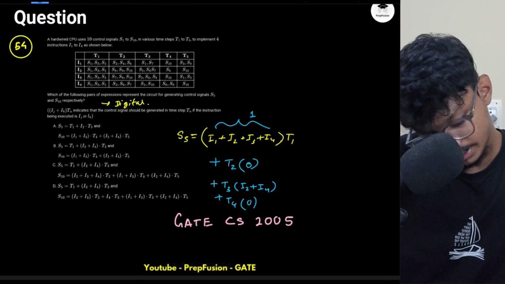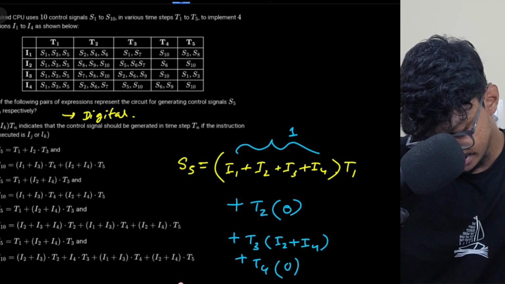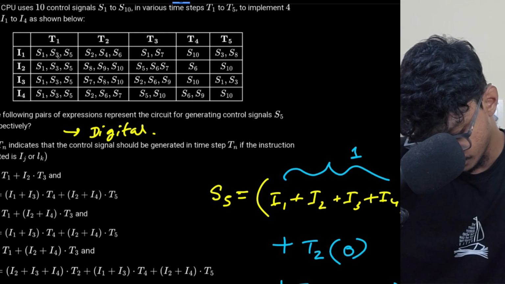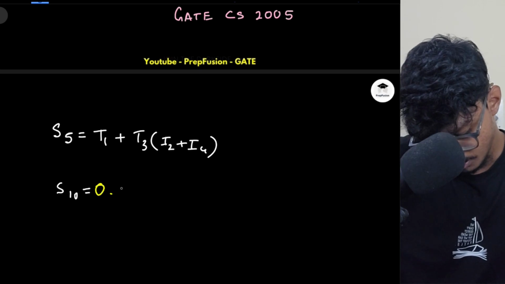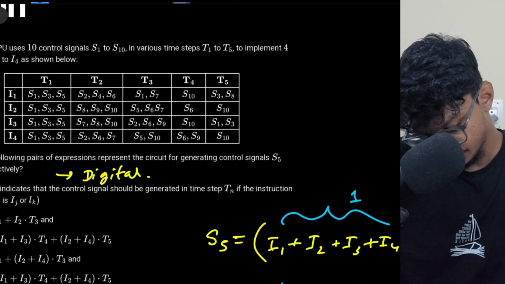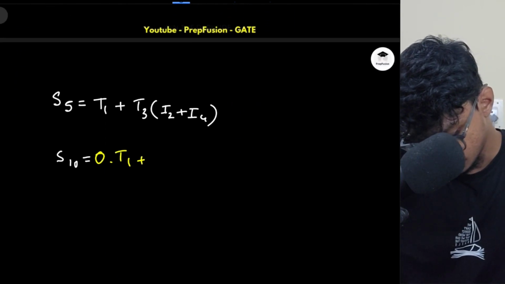S10 logic. Now again, I will apply the same thing. If I see S10 for the T1 period, S10 is never present. So it will be 0 times T1, or for other periods. Here S10 is present in the second and third instruction for T2. So it will be